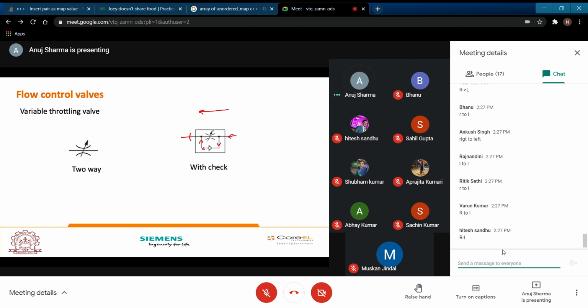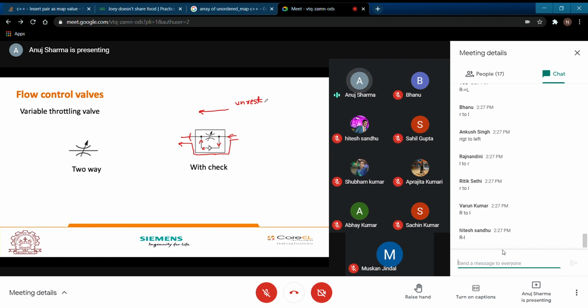It will not. The flow will pass through the unrestricted path, and the flow line will be this. So from right to left, it is going to be unrestricted, or you can say unthrottled.